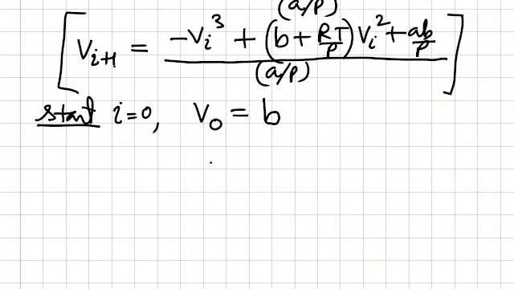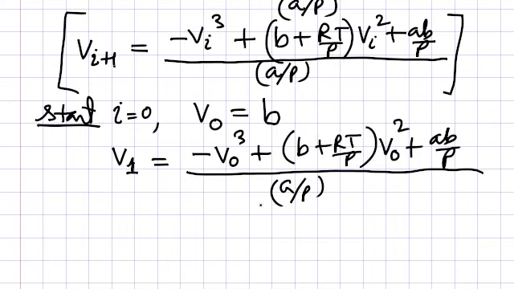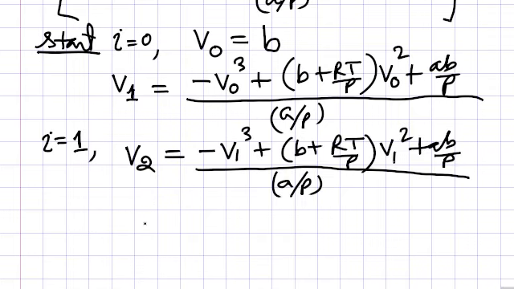Now you will solve this equation this way, that now I is equal to 0, then V1 value, you are putting all these values in this. So this formula is converted this way. So this is the formula now. In this place V0 you have to put B here, and here also you have to put B. Then you will get some value of V1. Okay, then you take this value of V1 and again put it in the second iteration at I is equal to 1. So you will have V2. Now the formula will become this way, you will get V2, and keep on doing like this, get V3, V4.